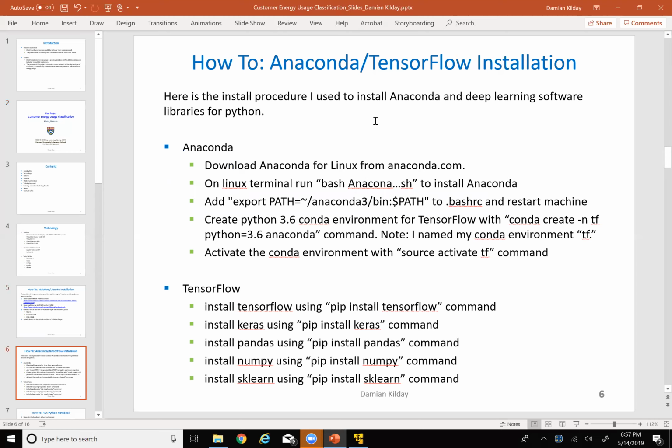Once you have your Ubuntu OS up and running, you can download Anaconda from anaconda.com for Linux, and then you can install Anaconda using these steps that I have here. Make sure that you set your path variable correctly and restart your machine after you've installed Anaconda. And then you need to create your Python 3.6 Conda environment for TensorFlow with this conda create